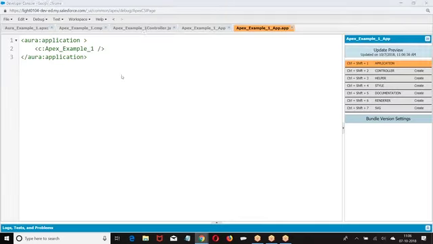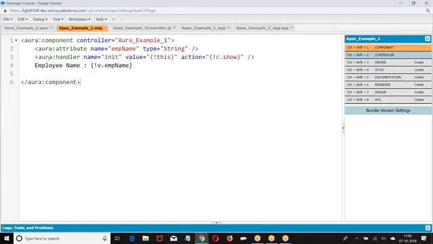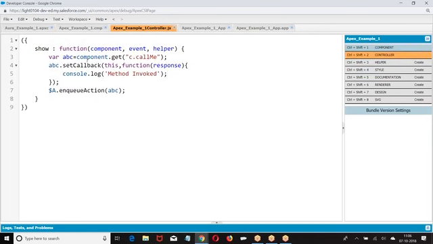So when the page is loaded, I told the Yura handler, the handler is calling JavaScript, and JavaScript is calling the method from the Apex class.